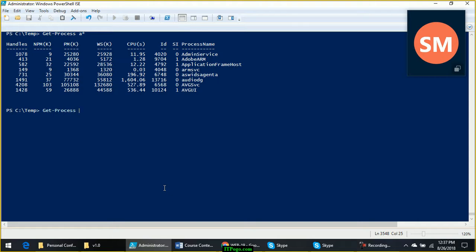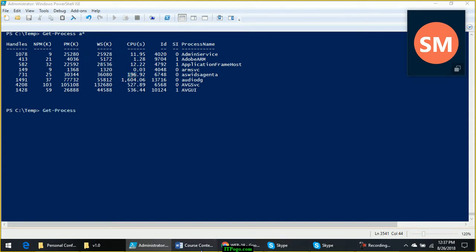You have to compare the values from the properties, like every value from the CPU property you want to compare and see which values are greater than a given number. In our example, it is 100 we are assuming. Suppose you want all the processes where CPU time is greater than 500 or whatever number you want. So how to filter the output?